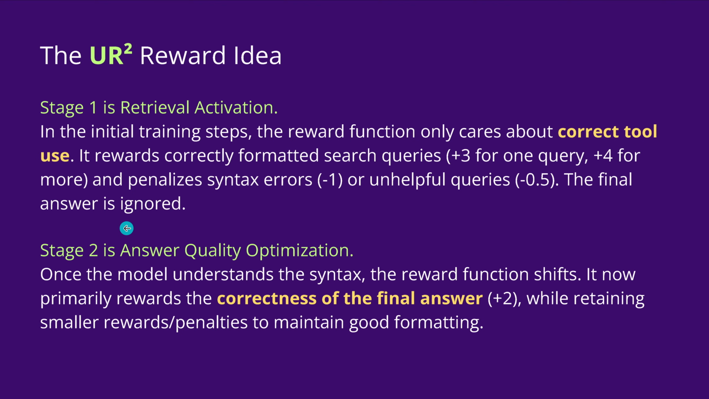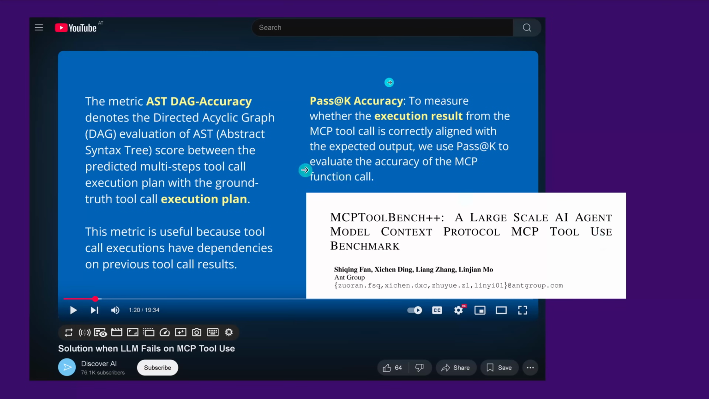And stage two is then finally the quality of the real answer given. So now the reward function shifts away from a correct form, from a correct plan, to the real result, to the factual correctness of the final answer given. Easy, no? And you might say, that's interesting,